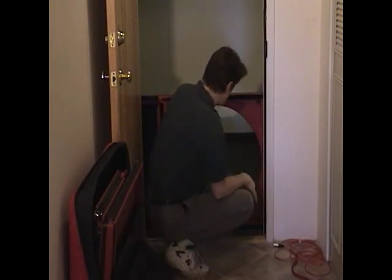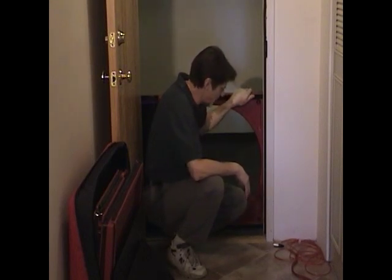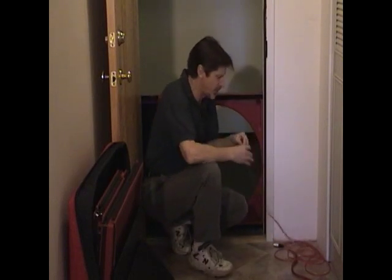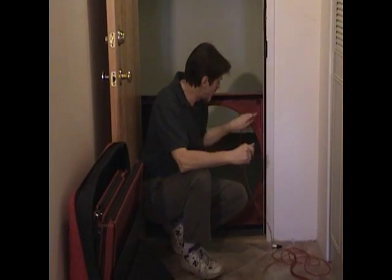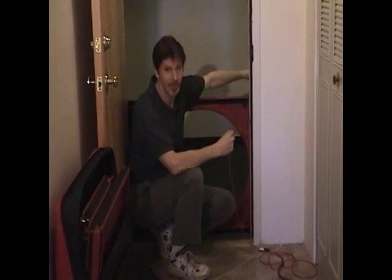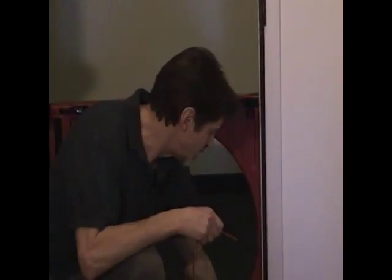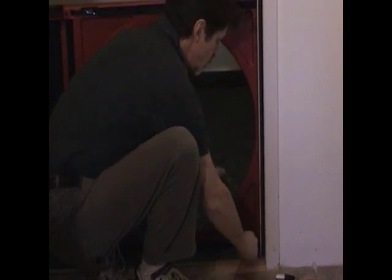Once we've got that lower panel, we call this the lower blower panel, in place, we then want to install the tube. There's a 14-foot red tube attached to the console, the control panel, the gauge panel, etc. They're all the same. On some of the older panel systems where they didn't have these holes to put the tube through, we simply laid it over the top of the doorway and threw it down the hall as the other pickup point. But with this particular system here, we can just pull this plug out, put it in a place where you're not going to lose it, and feed the red tube through this hole